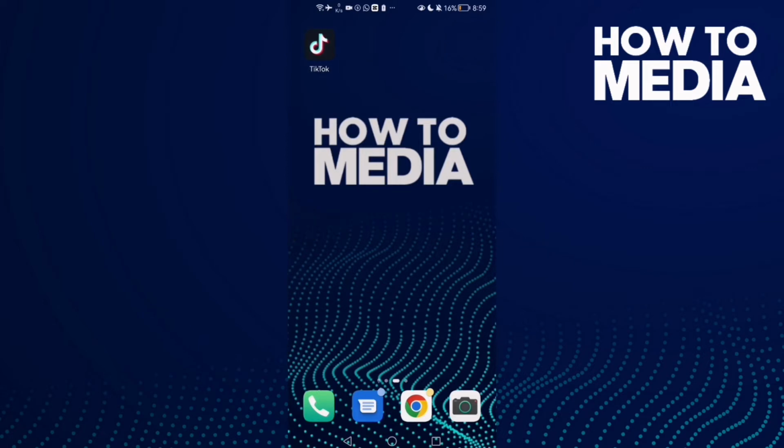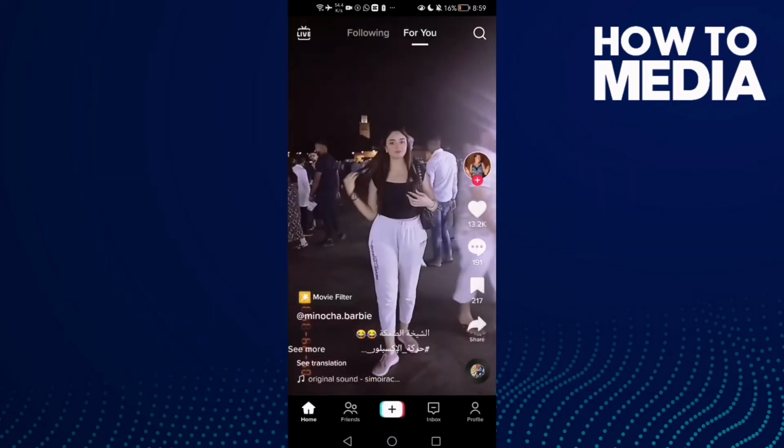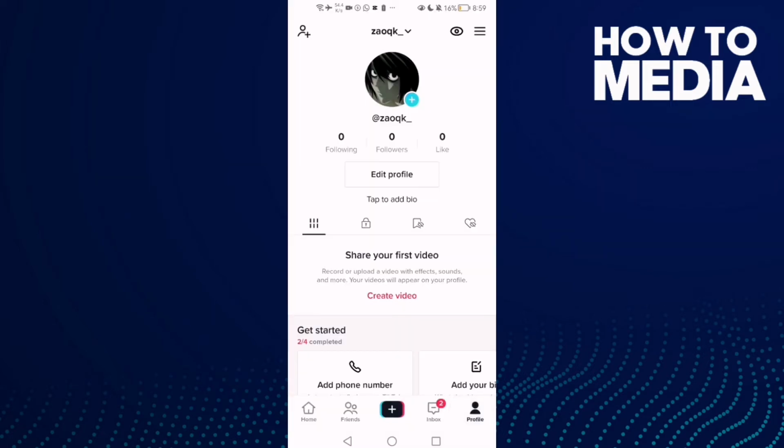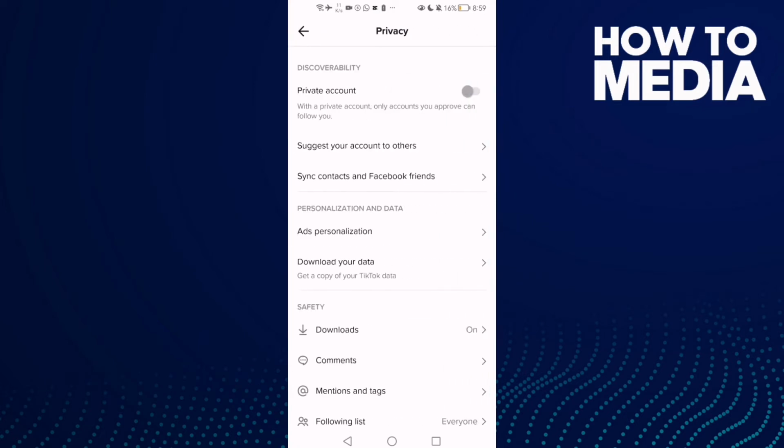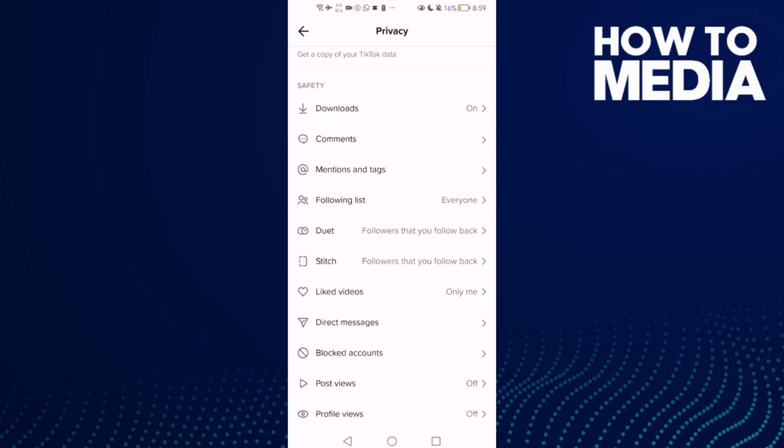First, open TikTok and now click profile, and here you will find the three lines in the top corner. Click on it and click settings and privacy, and then click privacy and scroll down. Here you will find the post views. Click on it,